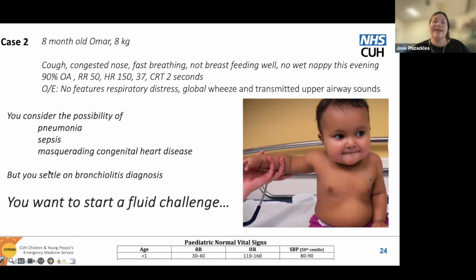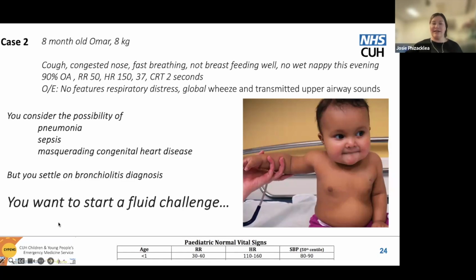So you consider, could this be pneumonia? Has he got signs of sepsis? Could this be something masquerading as congenital heart disease? So really take care in your A to E exam, checking for heart sounds, checking for hepatosplenomegaly, checking for femoral pulses being equal, just because it's not impossible to present later. Certain congenital heart disease can present later and can be mistakenly diagnosed as bronchiolitis. But you do find there's no other concerning features, and you do think this is bronchiolitis,